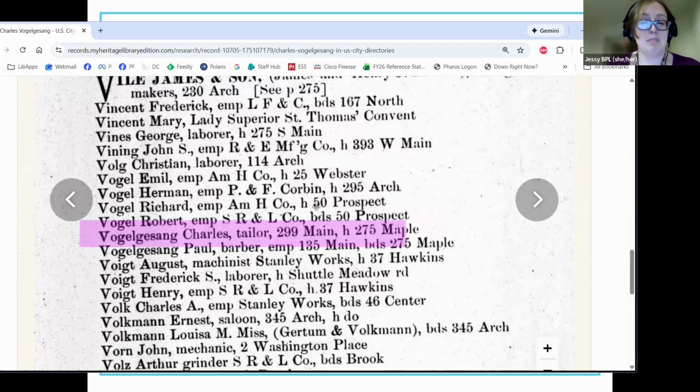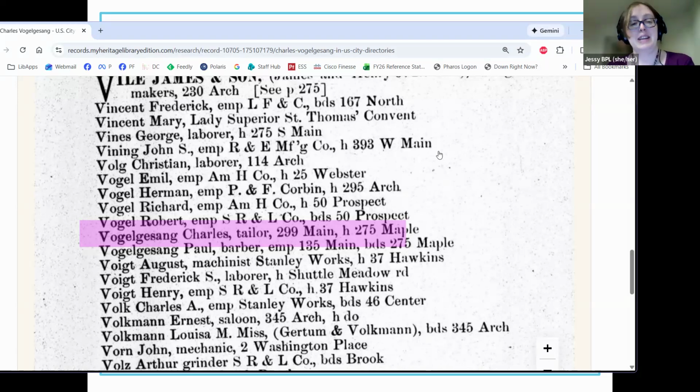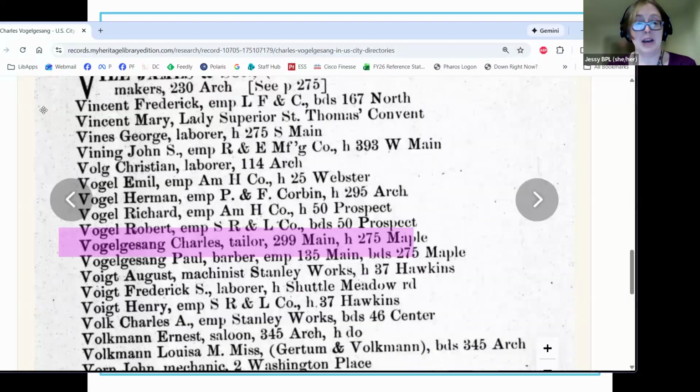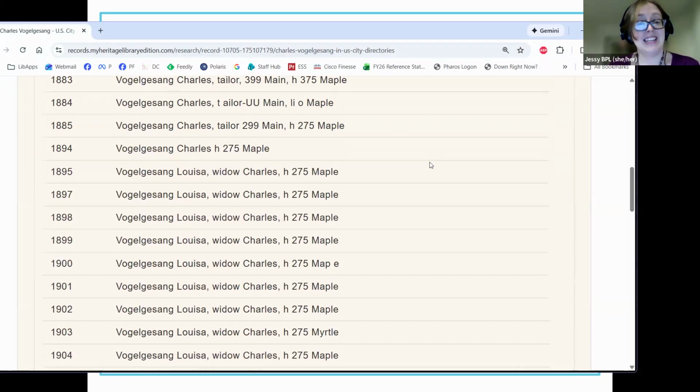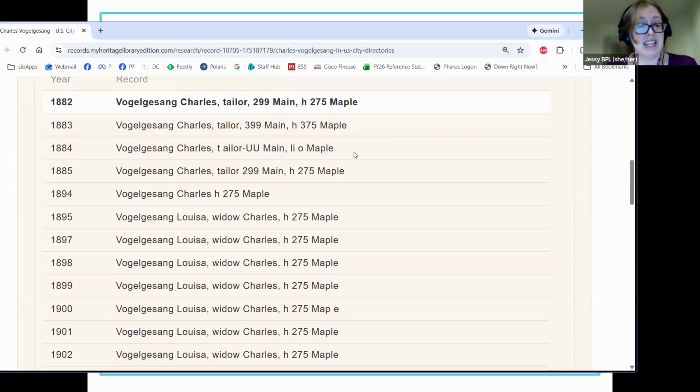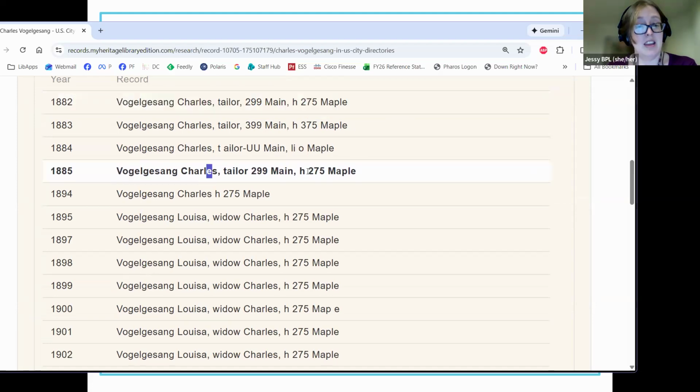You can see here he's going by Charles. His name before he came to America was Carl Vogelgesang. He changed his first name to Charles. His son changed his name to Charles Herman. Again, not sure why. But if we go back up here, this is actually really useful. It tells you about when he died, because right below this 1894 you have Louisa Vogelgesang, who was his wife. It says she was the widow of Charles, and you can see it's the same address. So now you have a really good idea of when he died. And if you wanted to look at a different year, you just click on it,